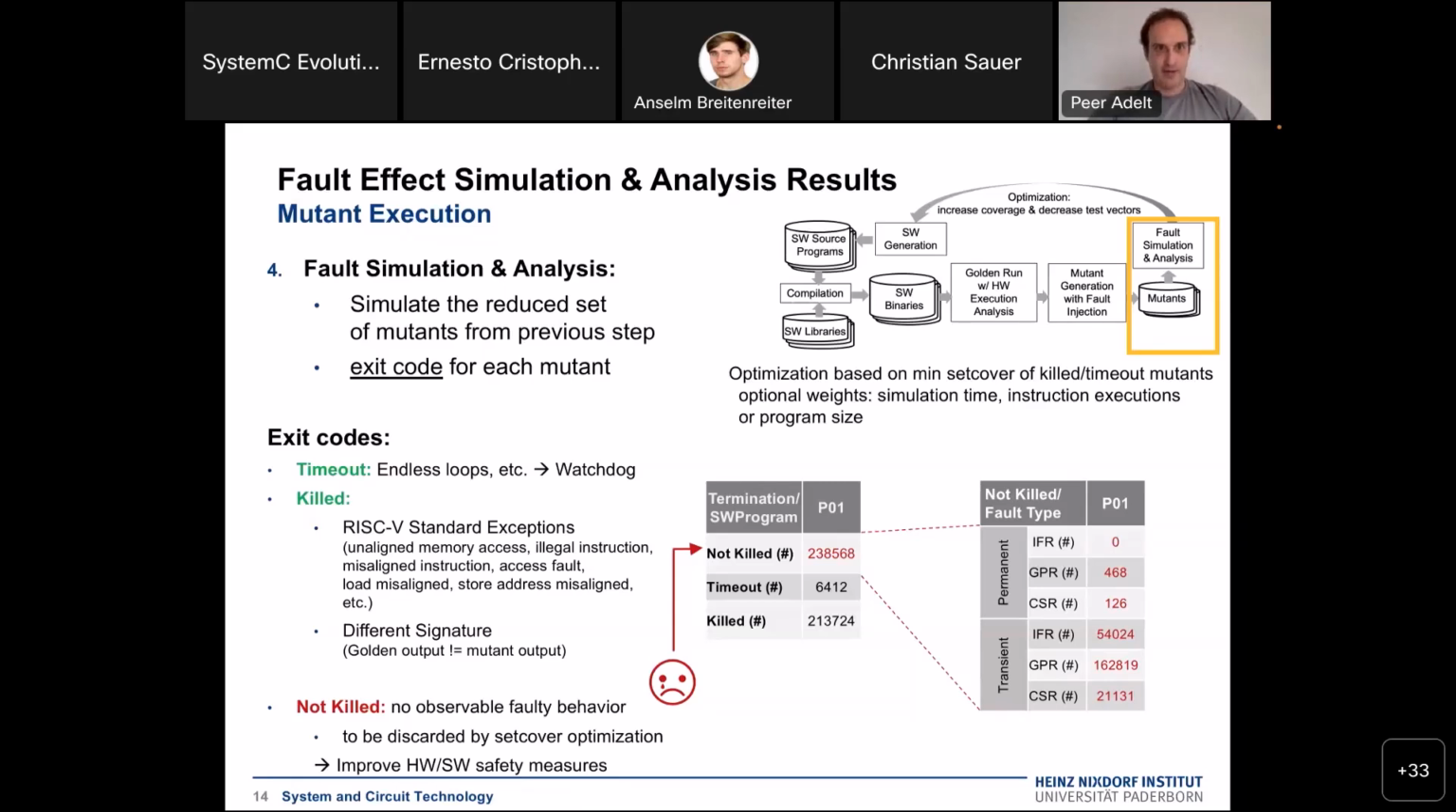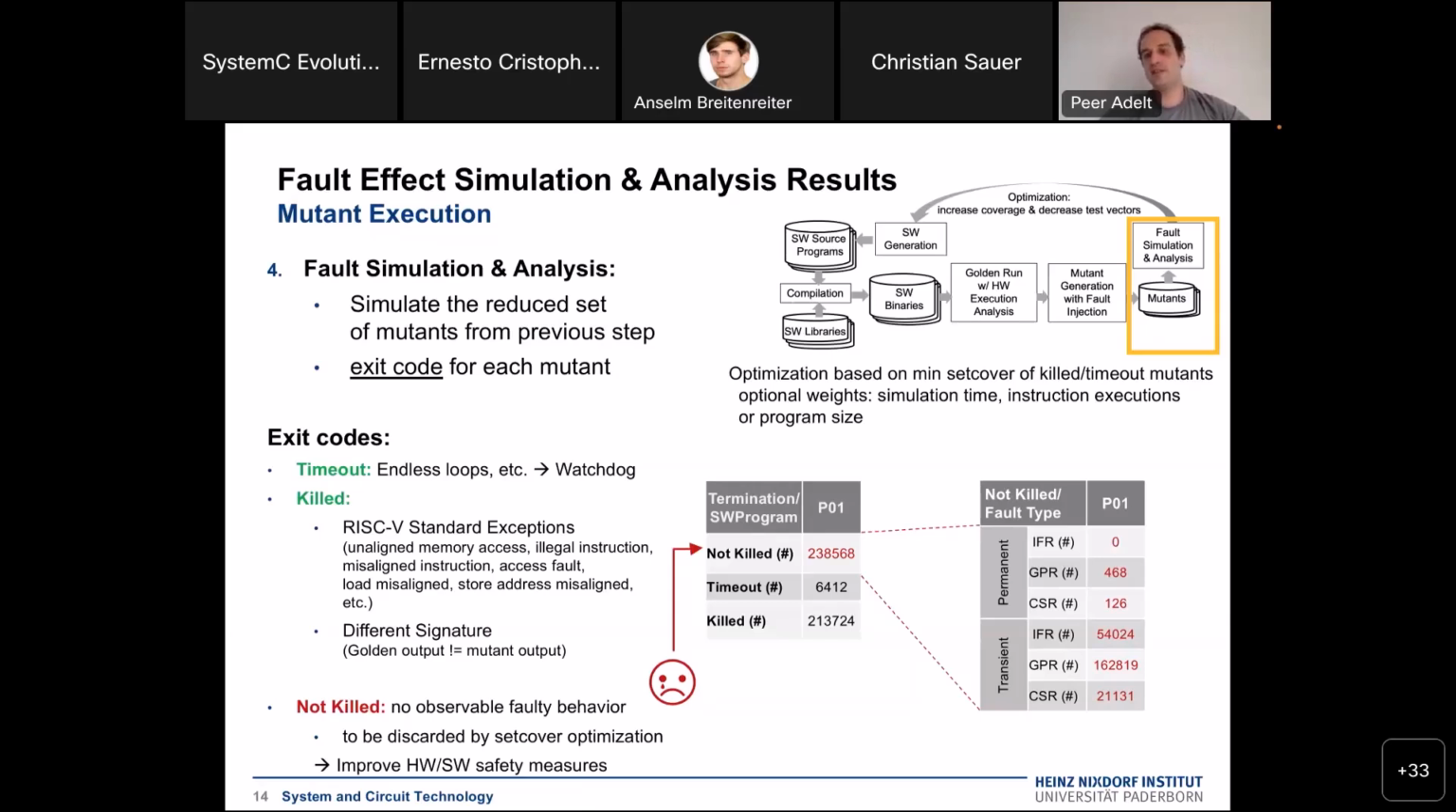So our FEAR5 approach now allows you not only to measure the exit codes of all the mutations, but also answer questions like how many of all mutations were killed or not killed, how many of those mutations ended up as a timeout, and so on. For the not killed, it might be interesting for the user, for the system developer of the RISC-V CPU that uses FEAR5 for development or for testing,